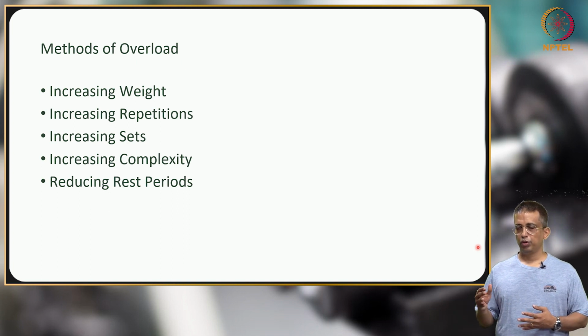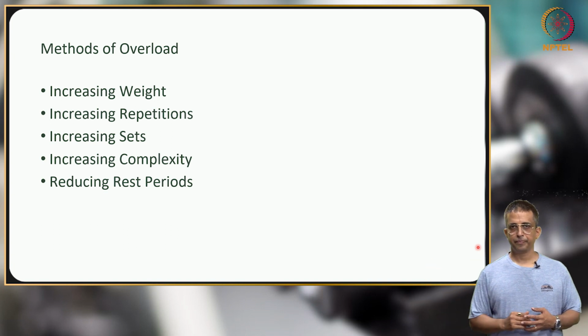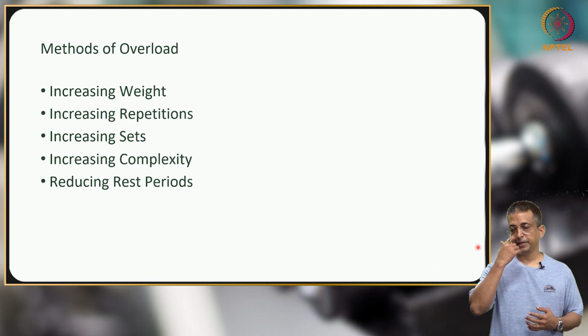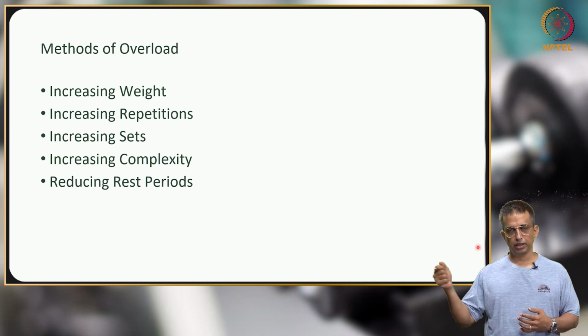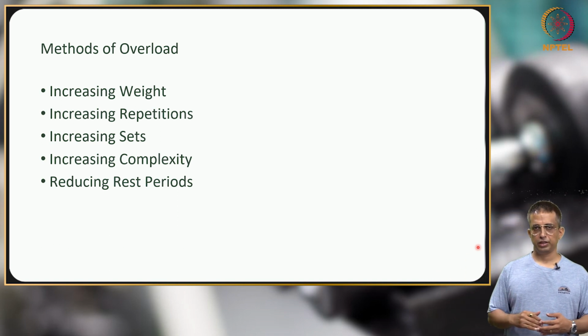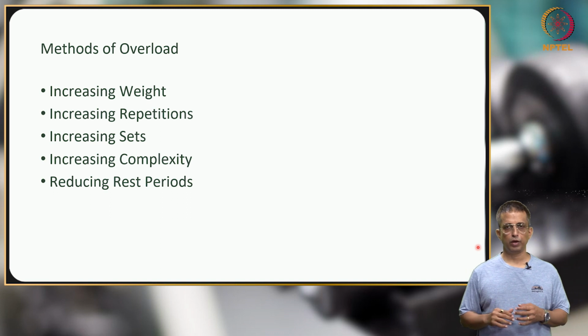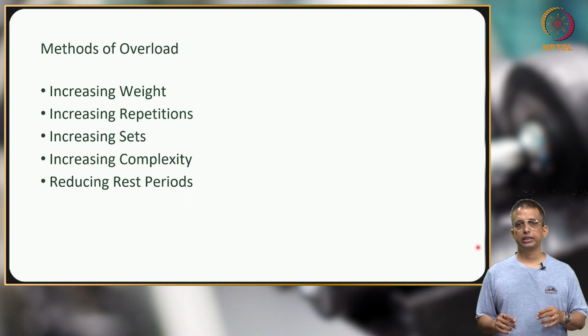Can we also look at a choice where we can make her do more repetitions so she gets stronger? Obviously we can, right? So somebody who's wanting to get stronger has a choice of increasing the weight, also has a choice of increasing the repetitions. They will both have slightly different outcomes, but still these are the methods by which we can make the exercise